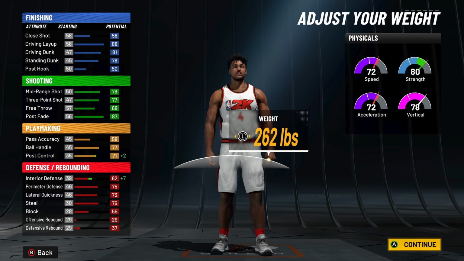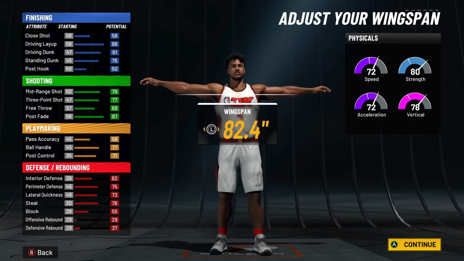You're not going to lose anything on perimeter defense. You're not going to lose anything on lateral quickness, and you'll even gain some on post control. Then when it comes to the wingspan, it's pretty much going to be kept right here at 82.4. Now, I don't know if that's up or down. I'm pretty sure that's right there in the middle. So yeah, just keep it at 82.4, and that's really what it looked like at